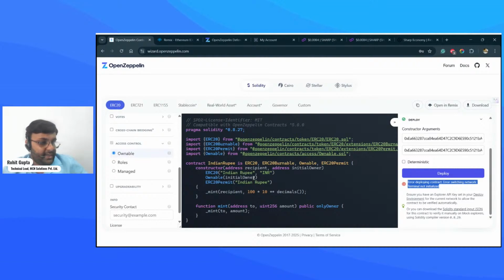I'm looking at the chat. Anybody can tell me why there is an error? Guys, we have 100 tokens to be given.